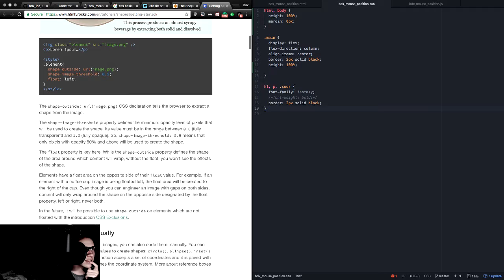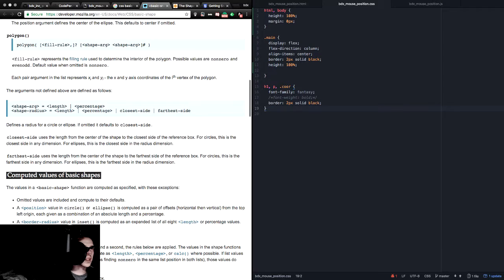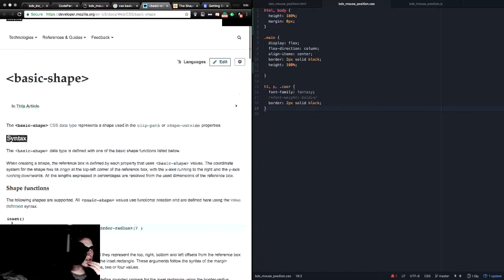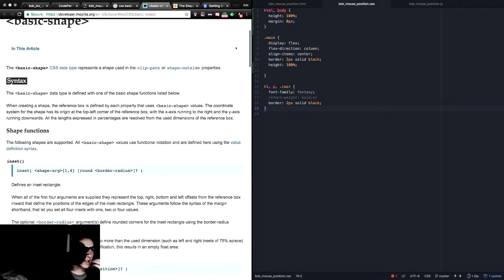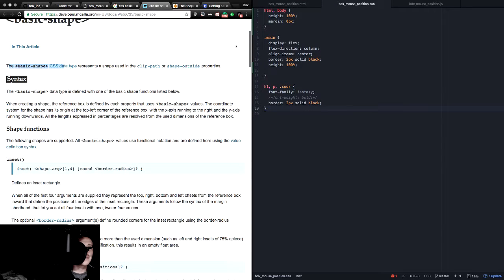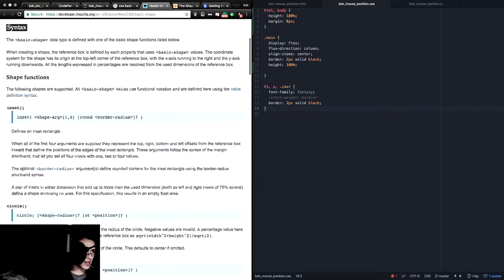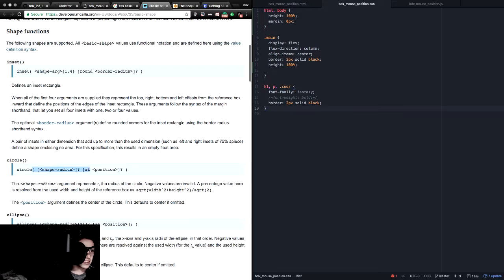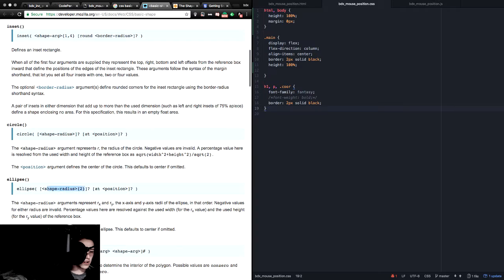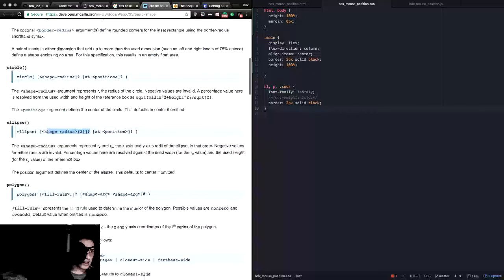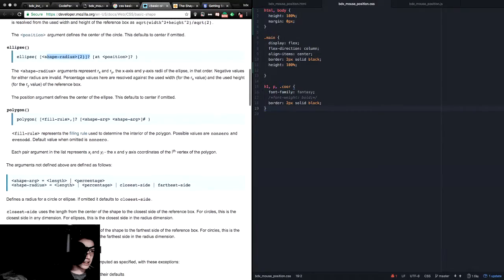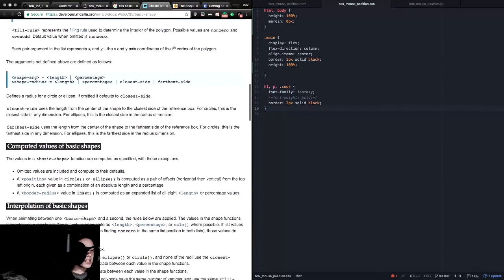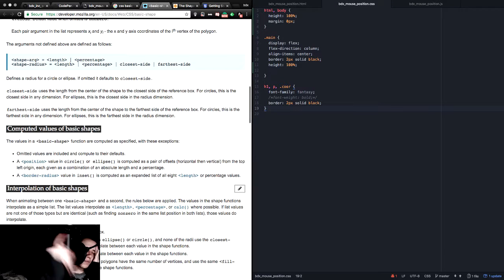Creating shapes manually. I don't know what the best way to go about this. I do trust and enjoy MDN, so maybe we'll see where this leads. Basic shape CSS data represents a shape used in clip path, shape outside, shape function inset. This doesn't seem fun. This doesn't seem good. All of this seems wrong and questionable. I think, even before we set up the shape,